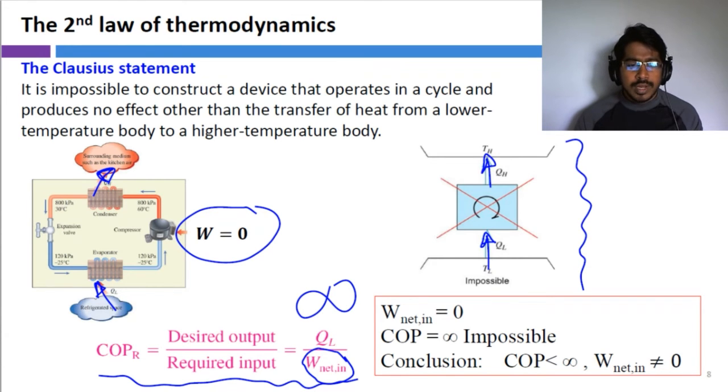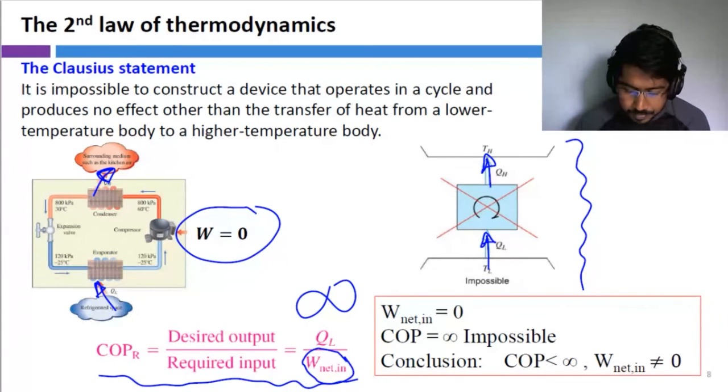For those who don't understand how ridiculous that is, it's like you go to Tim Hortons and give $1 one day, and then they say that, okay, this is good enough for the coffee that you are going to consume throughout your entire life, right? So it is always nice if there was a financial model like that, but unfortunately there's not such a thing, right? So similarly, we don't have such a refrigerator which can just get 1 unit of energy and do the work for your entire life,